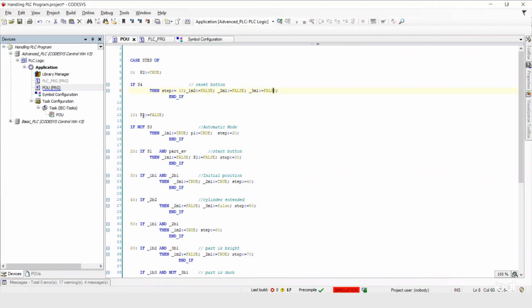Okay, so at this point in step number 10, we can actually move this so that we don't have confusion, so that this happens before we jump to step 10. Okay, so we jump to step 10. In step 10, P2 turns off because this is to show that we have reset the system. And we wait for automatic mode. If not S3, meaning the automatic mode, then